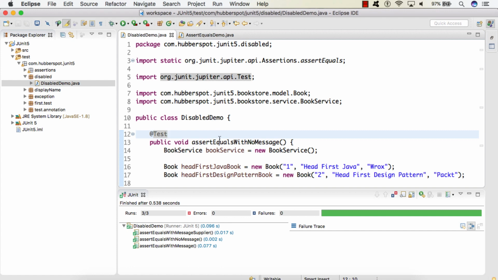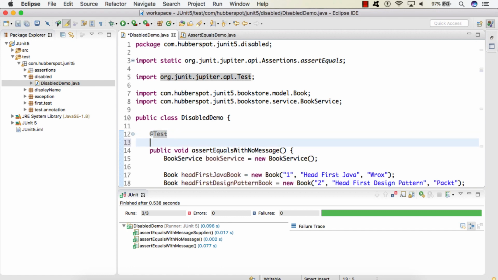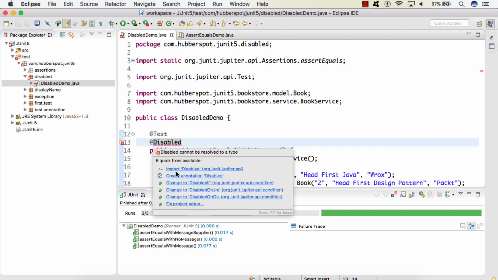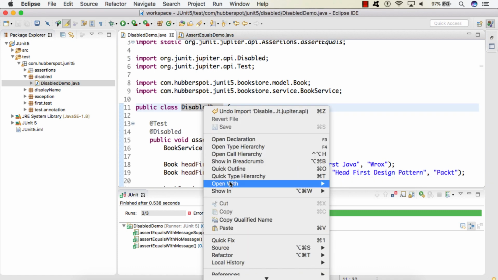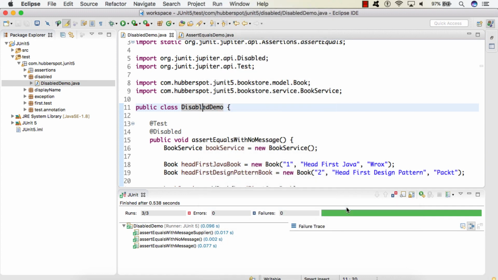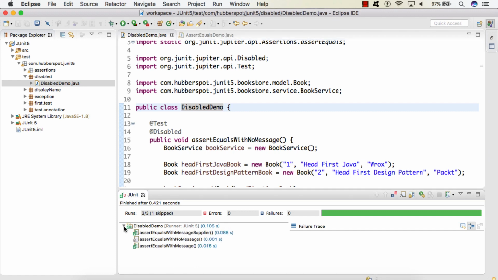Now let's say I want to disable the first test case. What I can do is put the annotation on the method as @Disabled. This we have to import from org.junit.jupiter.api. So friends, if I run the test class now, you can see that only 2 test cases got executed, and if you see assertEquals with no message, which is this test method, it got skipped.